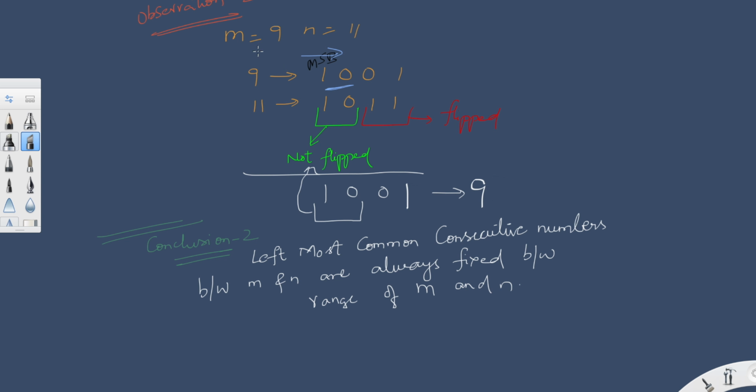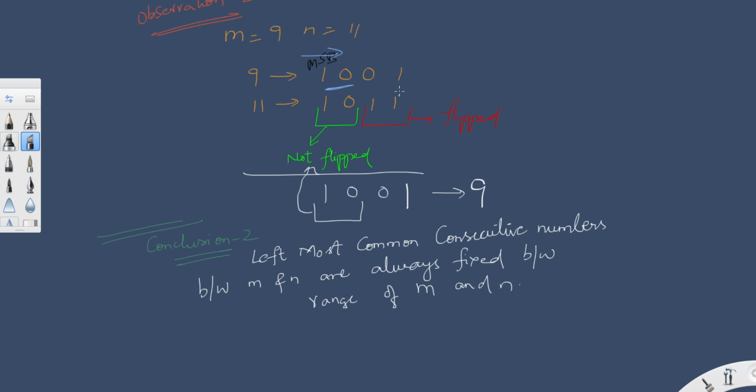Here let us take m is equal to 9, n is equal to 11. So 9 can be represented as 1001 and 11 can be represented as 1011. So here if we can clearly observe, if we traverse from left to right, we can see 1, 0 are not flipped in both 9 and 11.